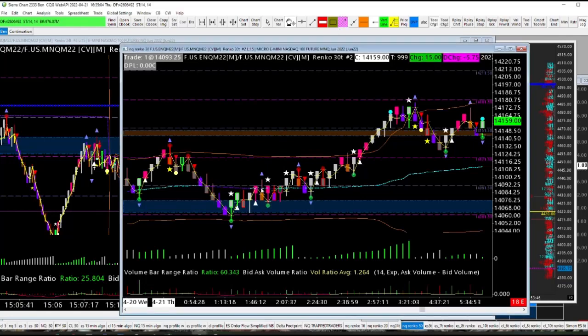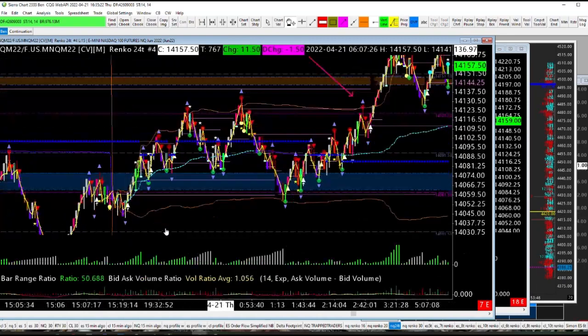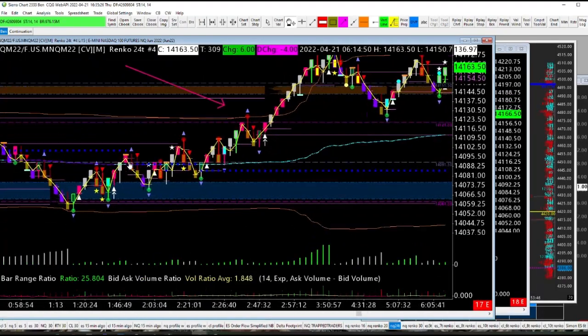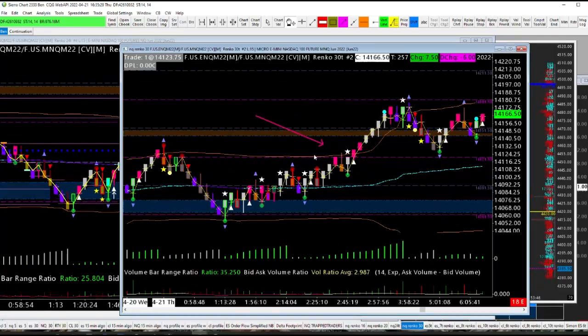This is currently the 30 tick chart, so a larger range to get through time a little bit more quickly. And then we're going to switch to the 24 range tick chart when we want to see if there's an actual trade to participate in. If we went through this one at a time, it would take a long, long, long time. But I just want to show you guys where you could have participated today,